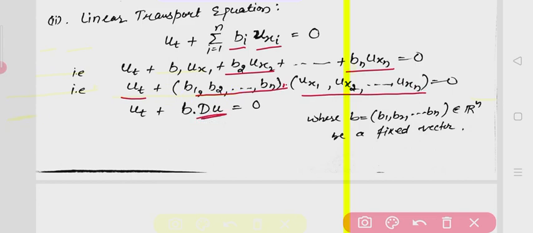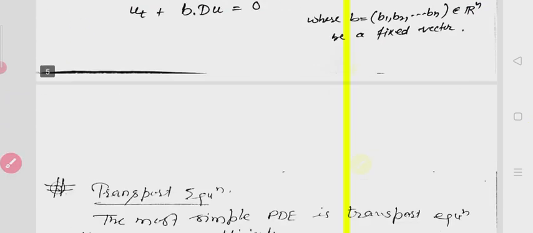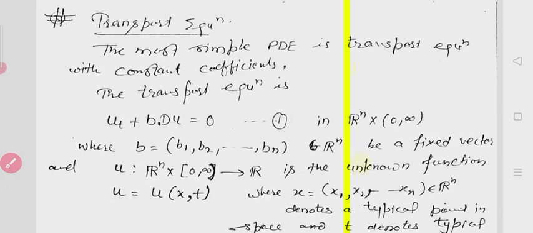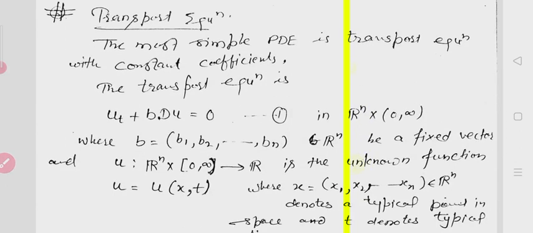Okay, so that will be ut plus b into du equal to 0, where b is some fixed vector in Rn. Okay, so this is the linear transport equation. If we consider the linear transport equation, let us talk about its solution and how it will be written. So you can see here